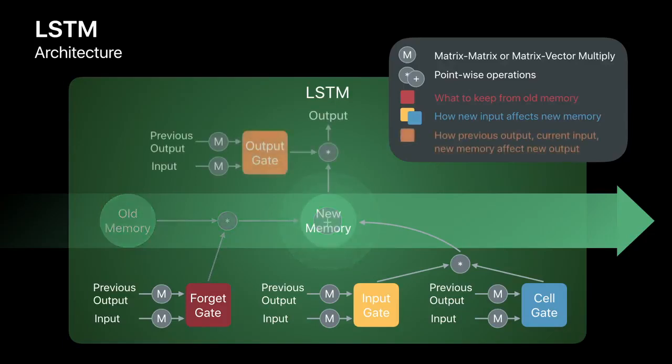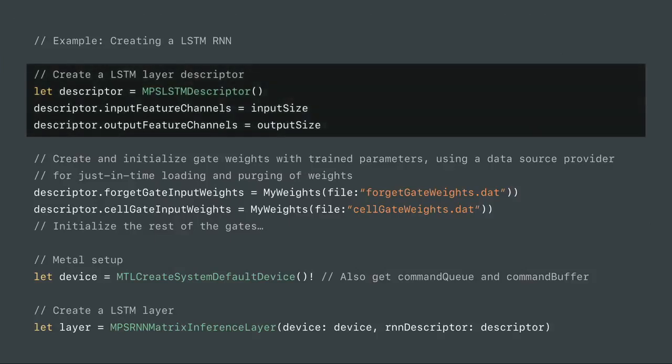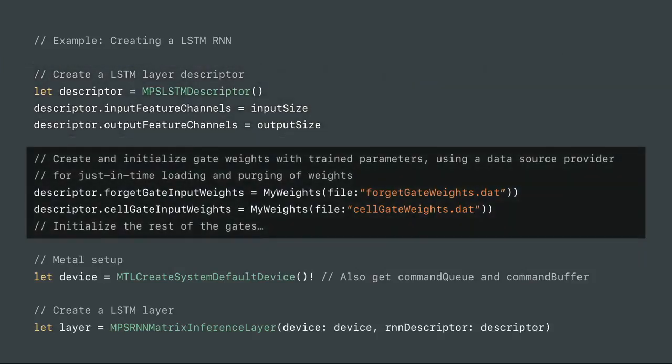And finally, there is the output gate, which determines what from the previous input, the previous output, the current input, and the new memory will affect the output of LSTM. So now that you know what LSTM is made up of, let's take a look at how you can create one using our framework. First, you create a descriptor for the LSTM,